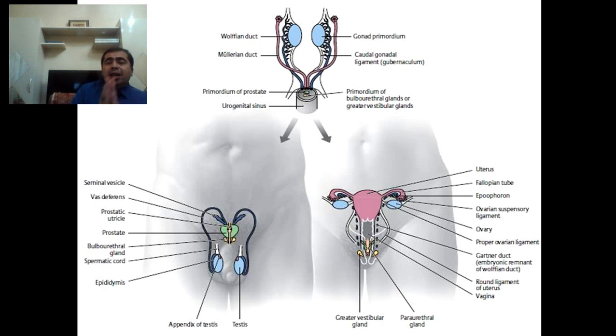At the lumbar region of the embryo there is the indifferent gonad, the gonad primordium, and side by side are located the Wolffian body and the Wolffian duct. At the fourth week of development, the Mullerian duct also occurs here